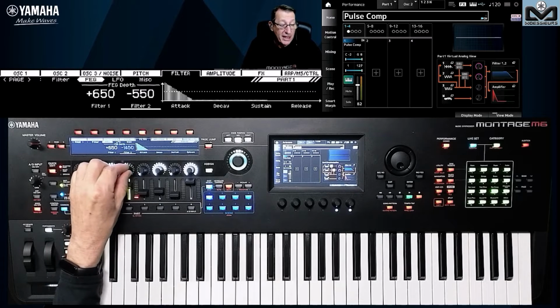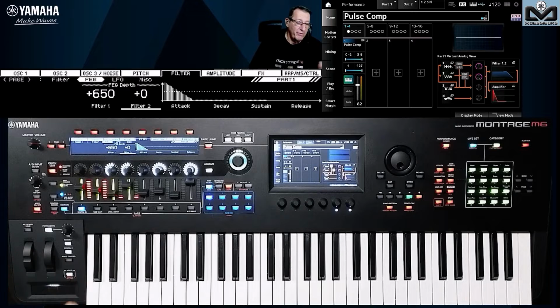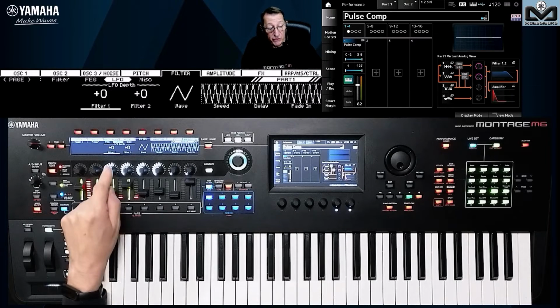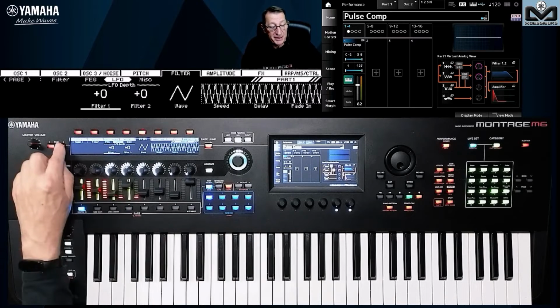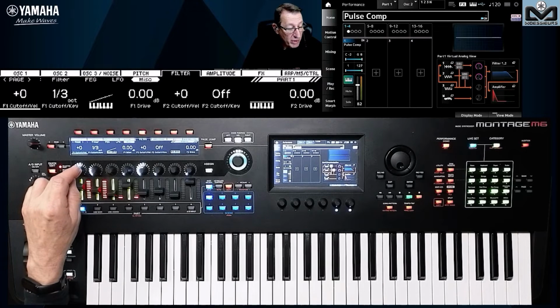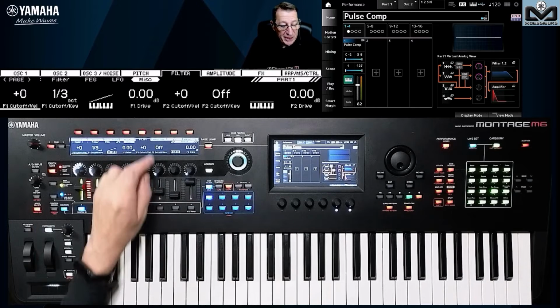Here it was at 0 at the start because there was nothing set at the base for this part. We have the low frequency oscillator for the filter 2, filter 1, filter 2, the wave and the settings. And on mix, we have here the filter 1 cutoff velocity, and things like that, all things that you can edit.